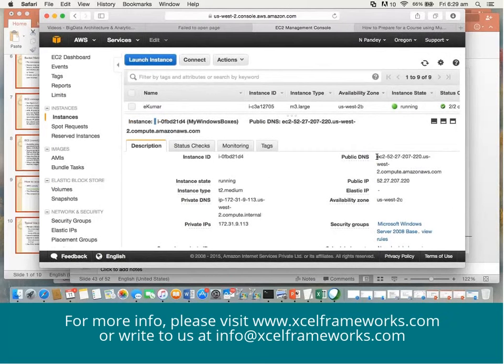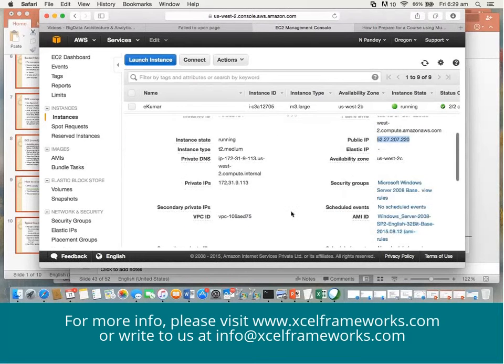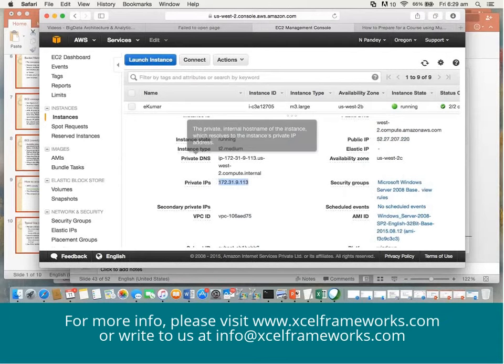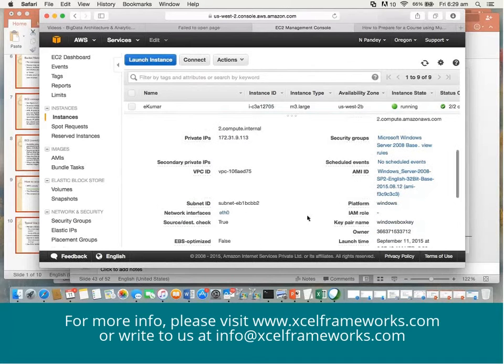Right, you have public IP, you have private IP. As already told to you in previous session, private IP will be used for internal networking purpose. So what all I need to make note of? I need to make note of public IP, private IP, and I need to be very clear with the security group that we are using.